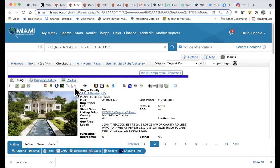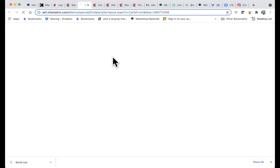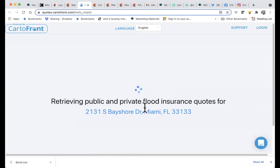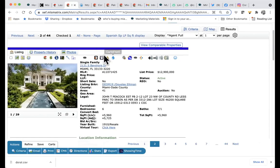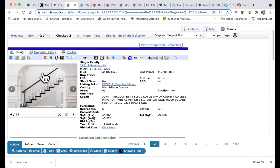Back to listing, right? You have a link to Realist, IMAP, Form Simplicity, MLS Advantage, My Condo Plans, Terrafly, Showingly, Find, which is now Realtor.com's professional search. You can report a data error, get information from Cartofront by clicking, and you can get the flood insurance info. We'll cover that in 201, right? Etc. So let's say you look through this one and you're also interested. You can select it. Now to switch from this agent full view, which you have here, you can actually come and click to the very top